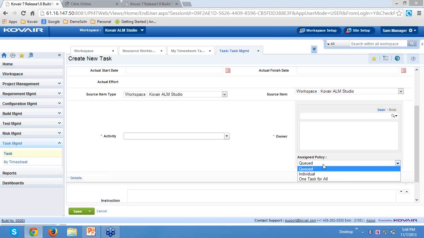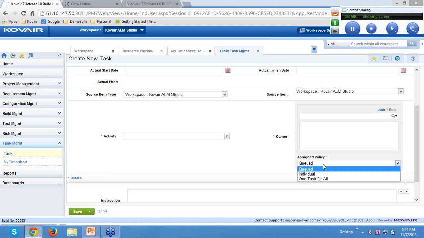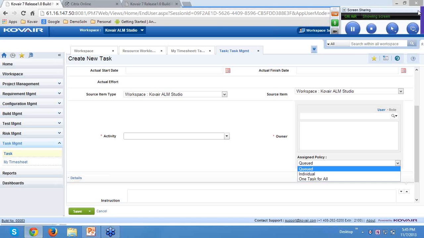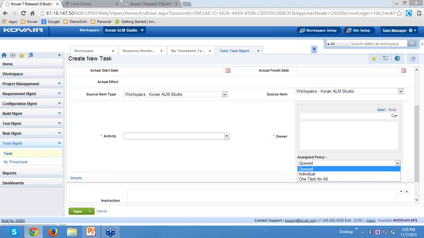A queue task gets generated in the name of all the technicians, and the technician who is available earliest picks up that task, and as soon as he picks it up, the task gets deleted from the others' plates because it has been taken care of. Then we have individual tasks. In some scenarios we may need individual tasks created for each and every owner allotted to this particular project, for this particular task.